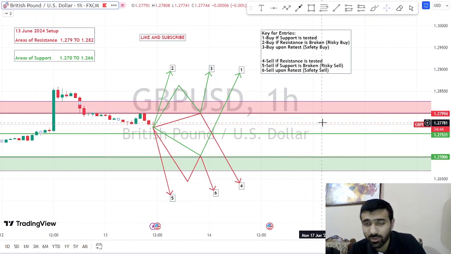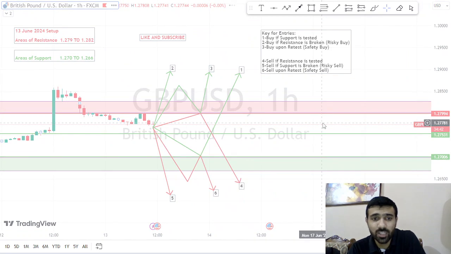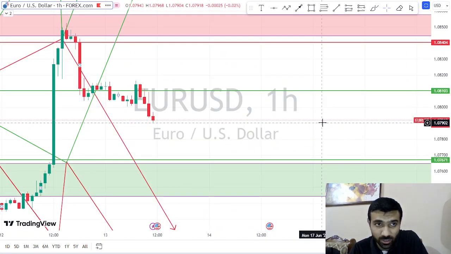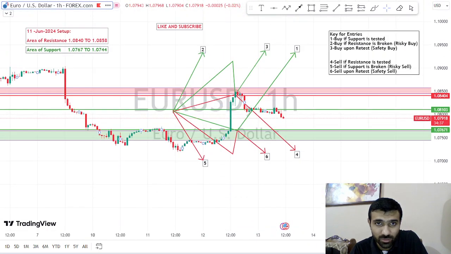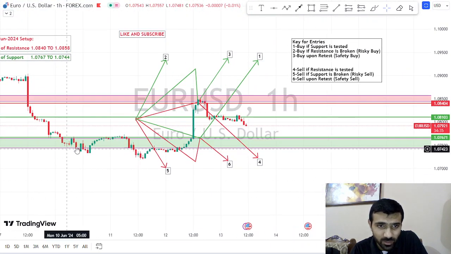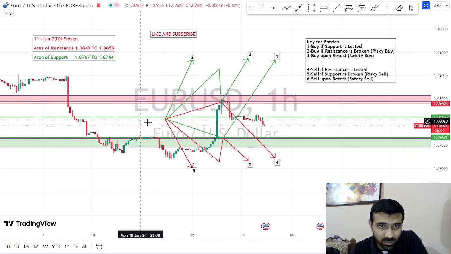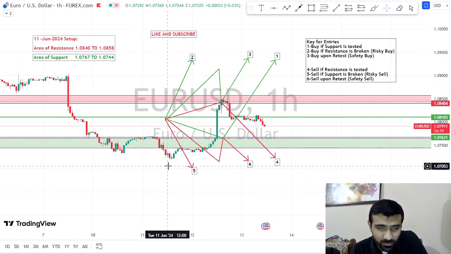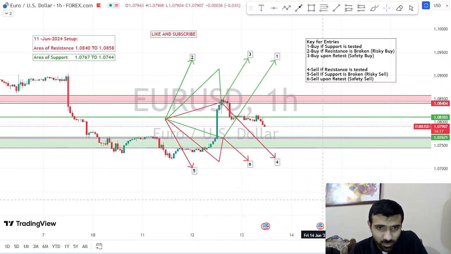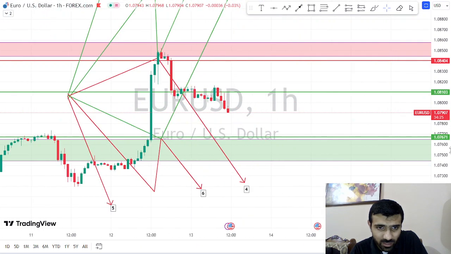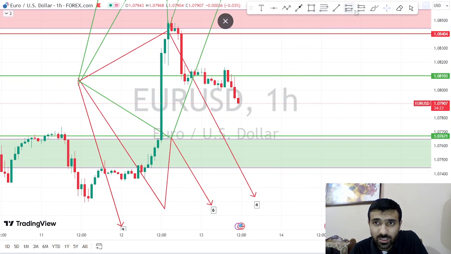Now let us move forward to the next pair, which is the euro versus US dollar, and let us see how much profit or loss we would have made in this pair. So when we were discussing on the 11th of June, market was trending over here. So market tested our area of support and gave us a selling opportunity. So let us see that